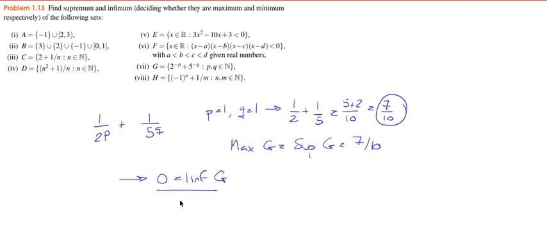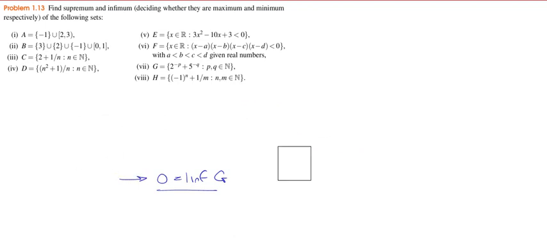Okay, because you can get as close to 0 as you want, but no number greater than 0 is a lower bound of this, because you can always get closer and closer and closer to 0. Okay, and finally we have H, which is the set